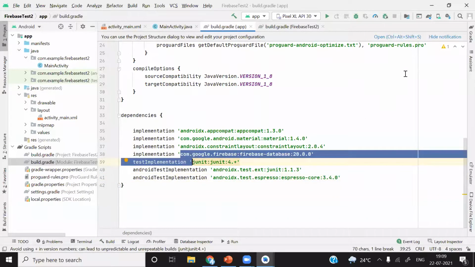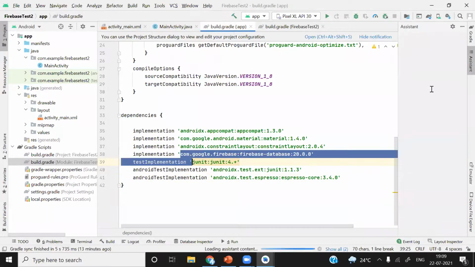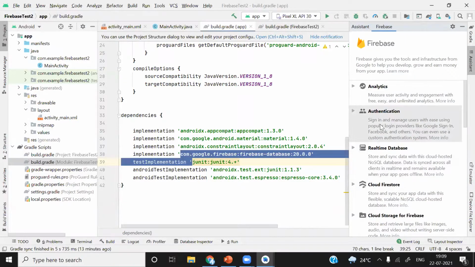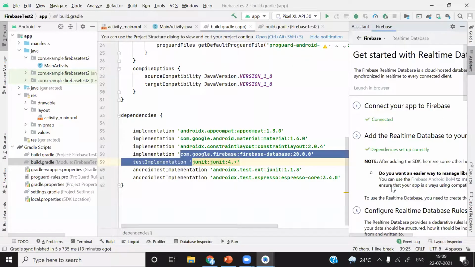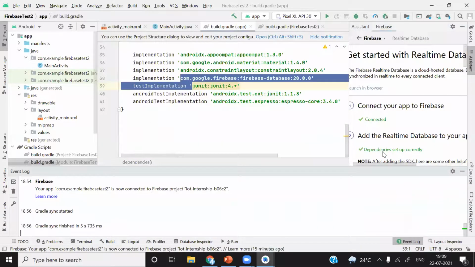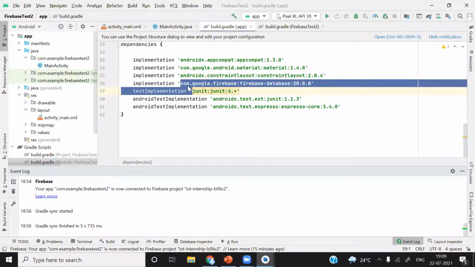Whenever we set up the SDK, download from the Tools menu, from the second option, add the Realtime Database to your app. So the dependencies are set up correctly. Whenever we click this, the dependencies get added to this dependencies directory automatically.